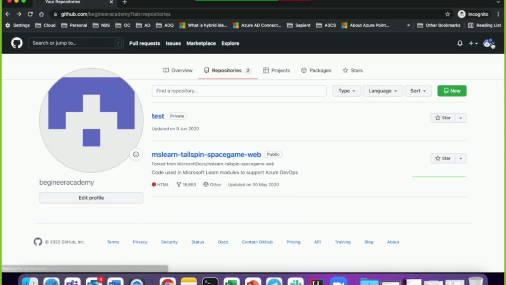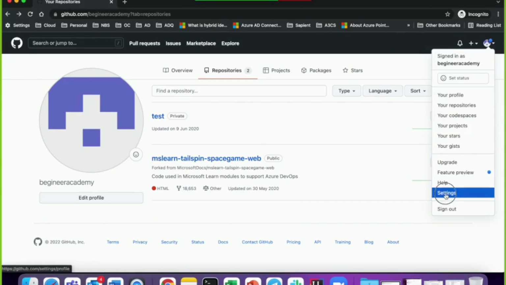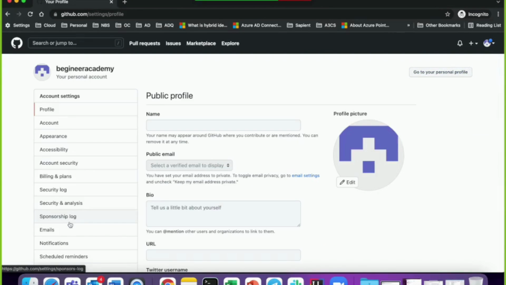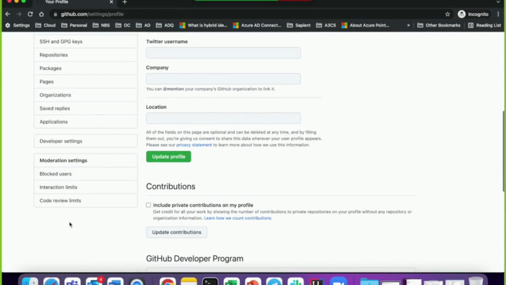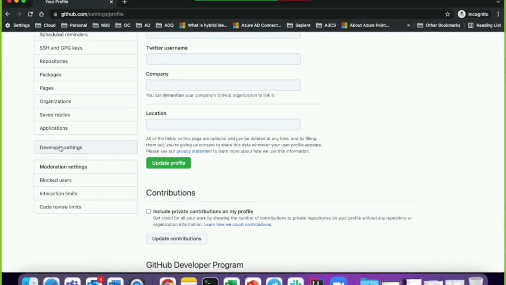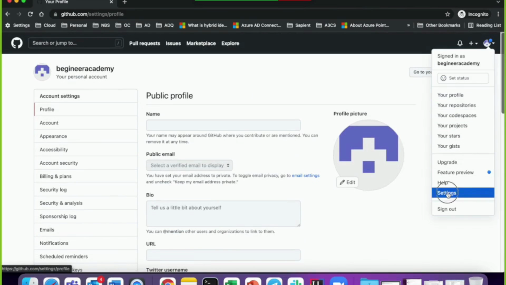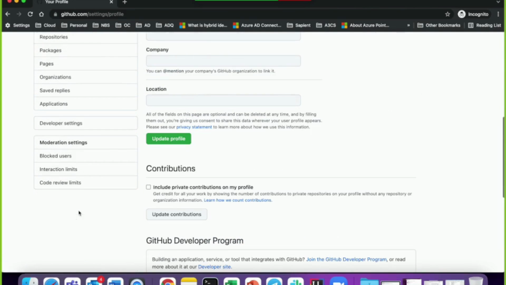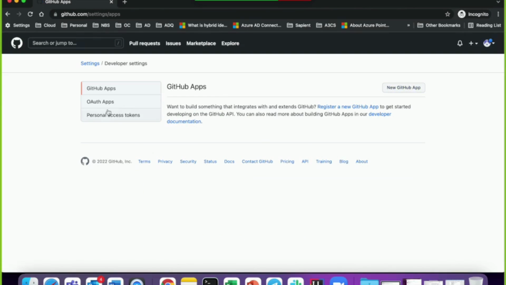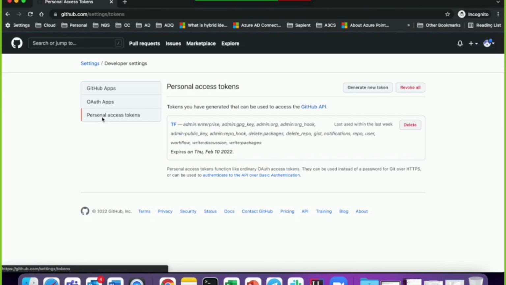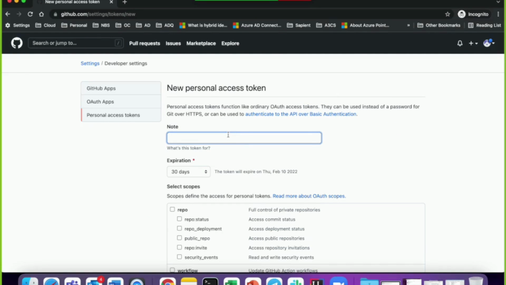What we would be doing is, do you know about PAT, personal access token? In Git, you need to click here at the right hand and click on settings. We'll come to this particular page, click on developer settings and PAT, personal access token basically. Just click on generate token.